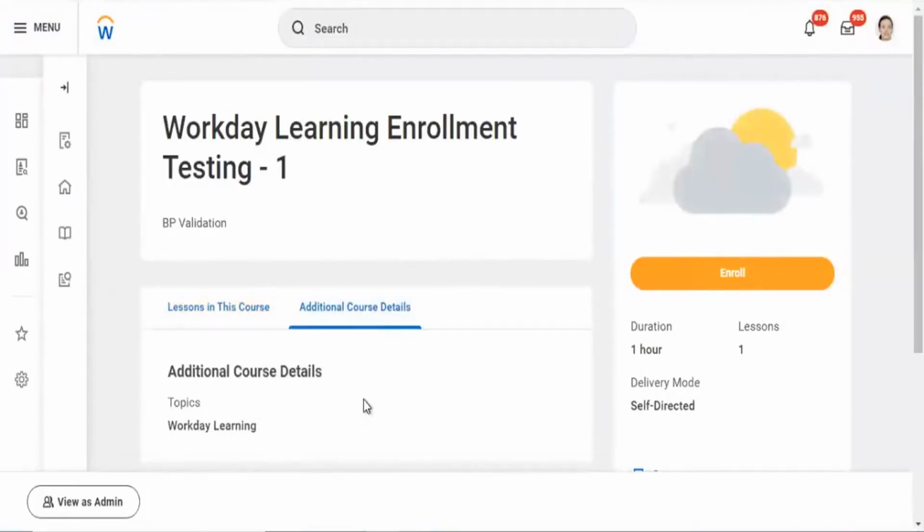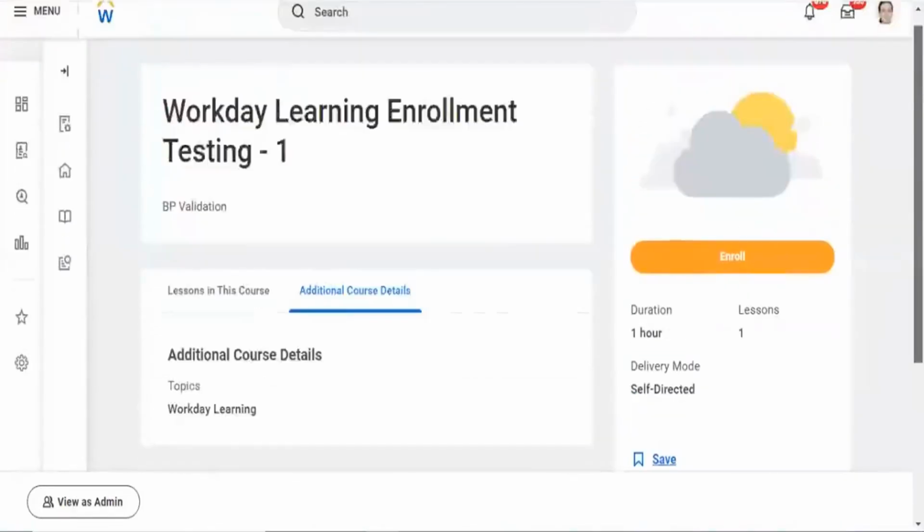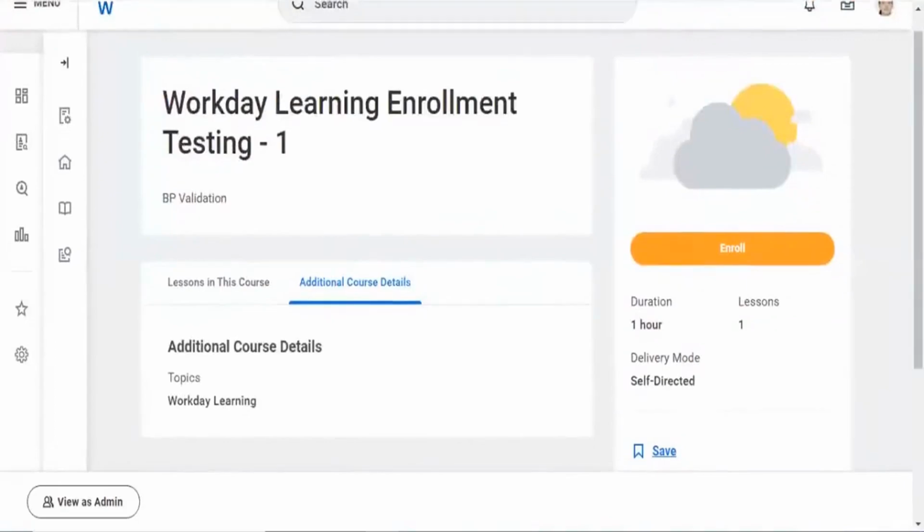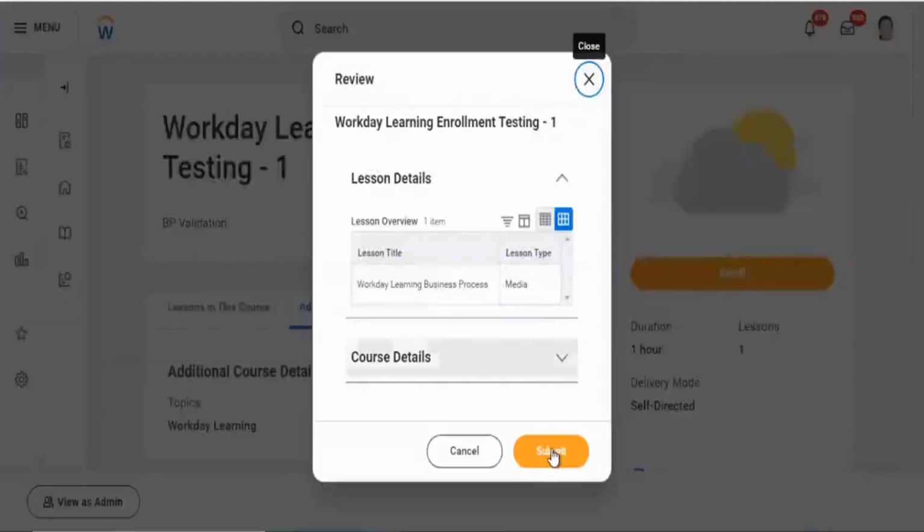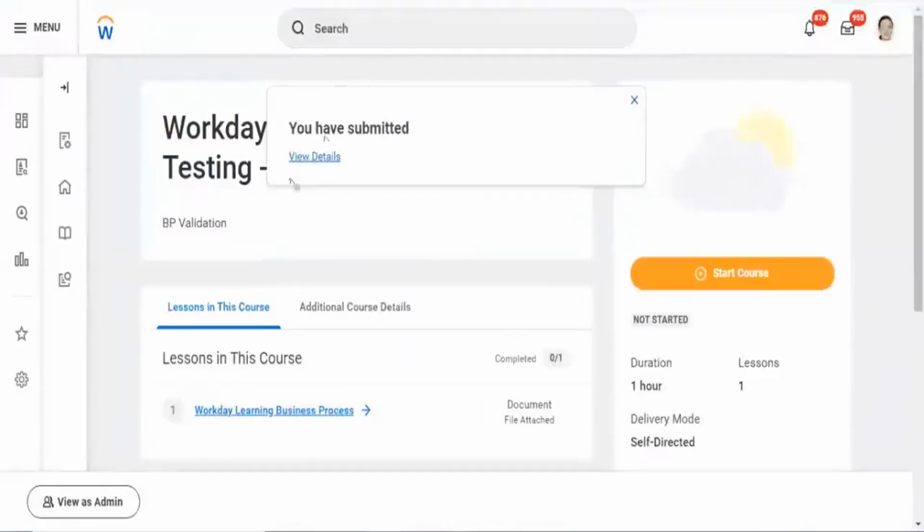This one does not have any cost. If I try to enroll the candidate into this course, since it does not have cost, it should not go for any approval. Looking at this, see, directly it has got submitted. There is no approval that has gone to the manager because cost is not there.